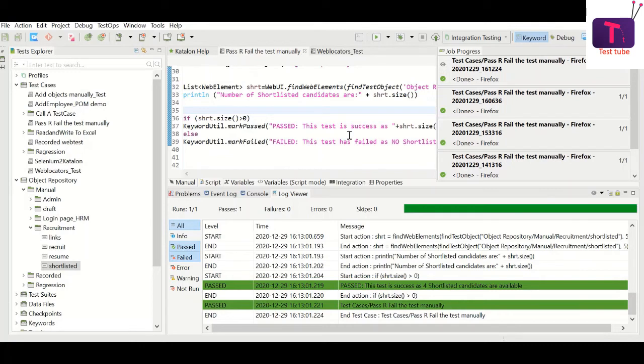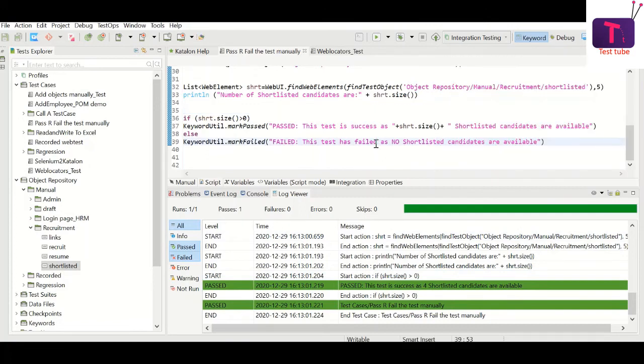If you face such situations, you can use this way of doing it manually. Here we can see this test case is success as 4 candidates are shortlisted. We know that it is already 4.